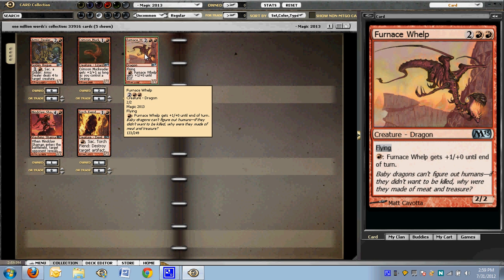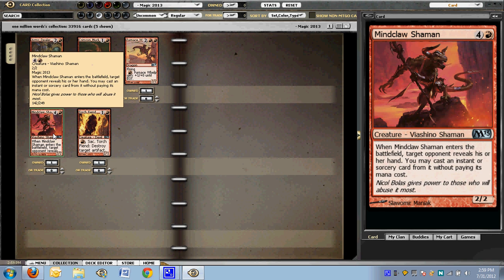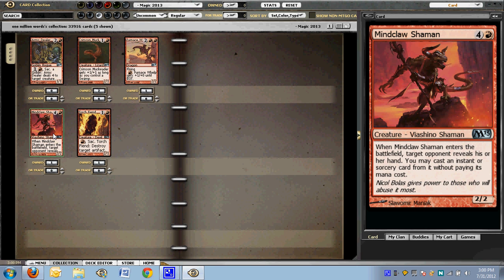Furnace Whelp, this is what Dragon Whelp or whatever wishes it could be. This guy, even if you can't spend time dumping mana into it, still beats for positive numbers. This guy, you get to see the opponent's hand at least. You may force them to rip something out of their hand if they have any mana up and they've got an instant. But,